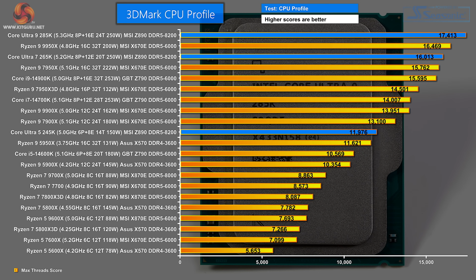And we finish with 3DMark's CPU Profile. The win goes to Core Ultra 9 285K. Tight behind that we have the Ryzen 9 9950X using significantly less power. And then we have the Core Ultra 7 265K running on the same 250 watts as the Core Ultra 9. The Core Ultra 5 245K is in the middle of the chart, and it's a couple of places ahead of